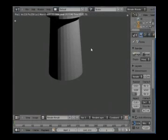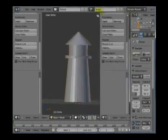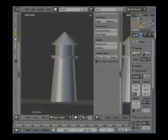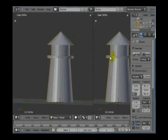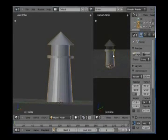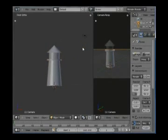So, again, I want multiple viewports. Let's do this. Let's drag this viewport over. I'm going to minimize my tool shelf for the time being. Minimize this tool shelf. And I'm going to hit 0 for a camera view here. Again, I'm just trying to show you different ways to look at your views. Select my camera, and it looks like I pretty much just have to grab that camera and move it up. So G,